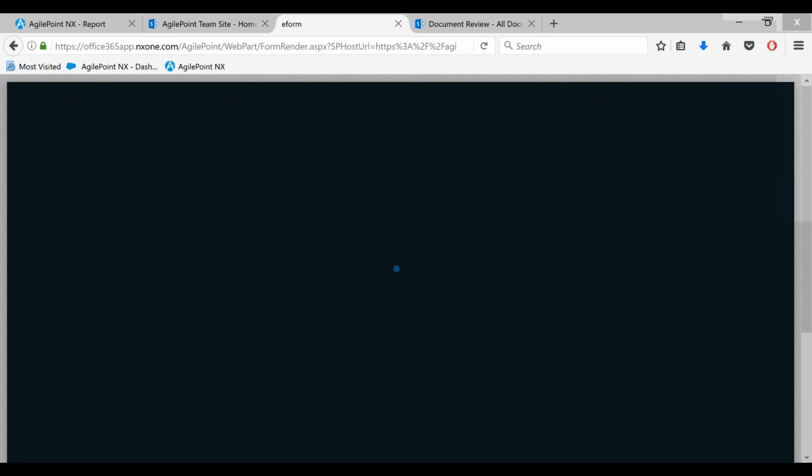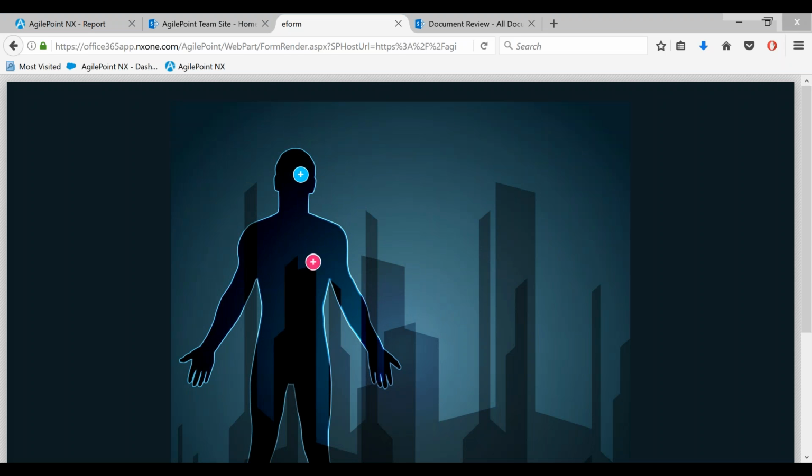The demo just a second ago was really designed around routing a document for approval. This is going to be a much more visually driven process. Oh, there's my notification indicating that the document has been published. So that's great. But this is actually an application that we built for the doctor's office. We essentially wanted them to have a way to capture some data from their patients as they're sitting in the waiting room, so that once they actually see the doctor, there's some intelligence that we can act upon. So you can see in the context of this demonstration, we have essentially two pain points, pardon the pun. We have the head and then everything related to the heart.